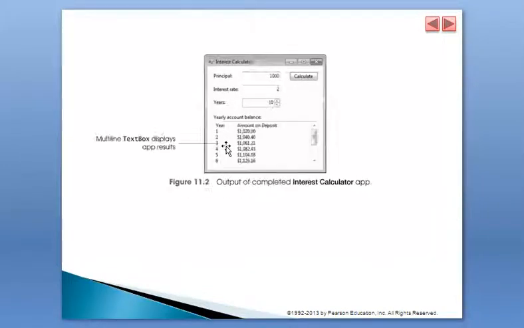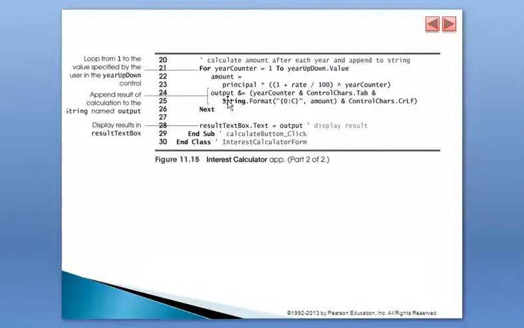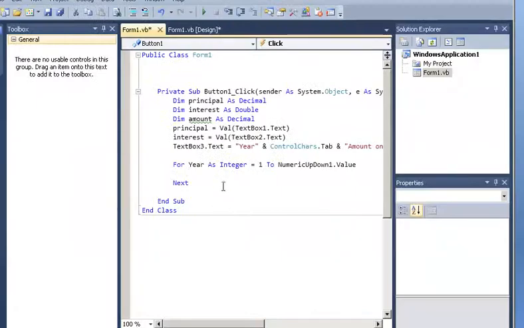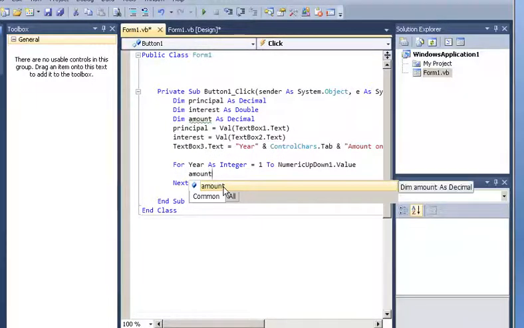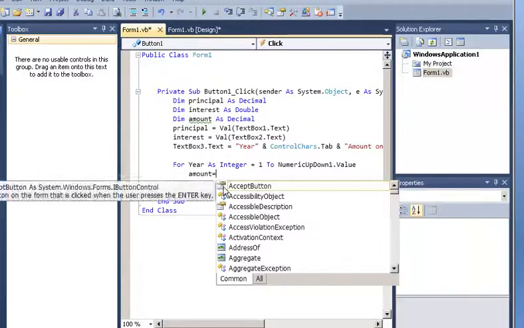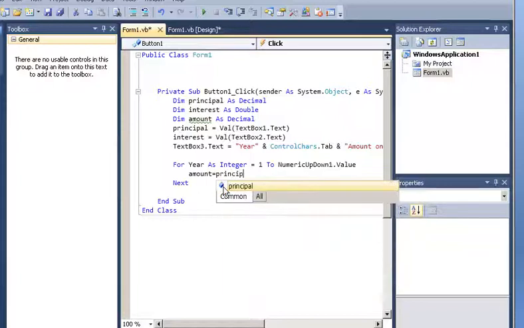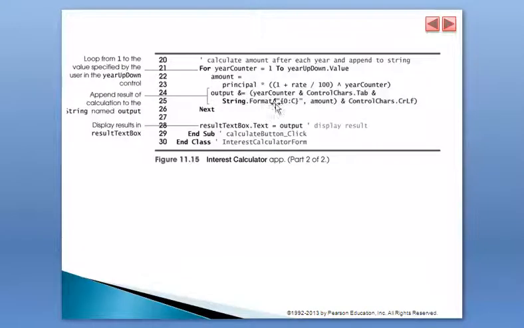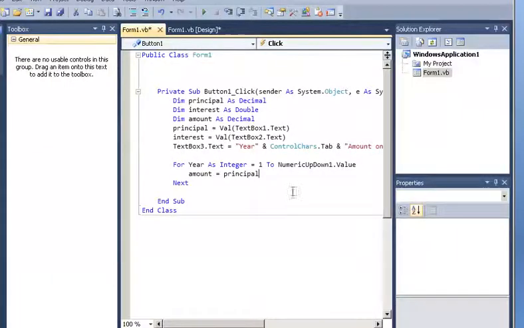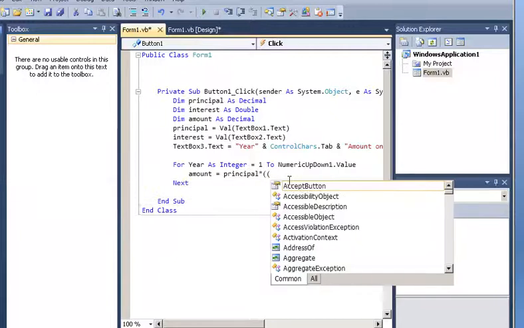The amount equals this, and amount is what we're going to display, so we're going to say amount equals principal times this, so times 1 plus interest,